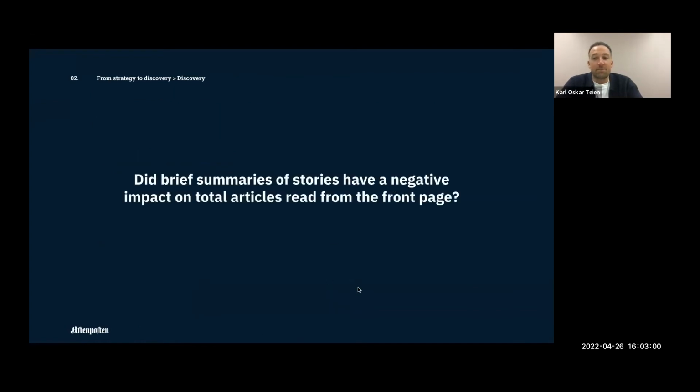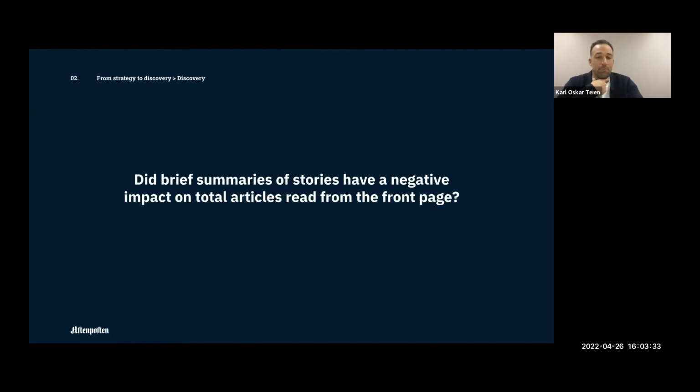But of course, once you start giving away the story on the front page, you can ask yourself, well, what happens to article clicks, right? What happens to article clicks? And we weren't concerned with just clicks on that particular article. We were concerned with the overall engagement on the front page. After all, we're not trying to get users to necessarily consume that particular article. We're trying to think of the front page as a service overall. So is this a valuable product overall? So we wanted to look at